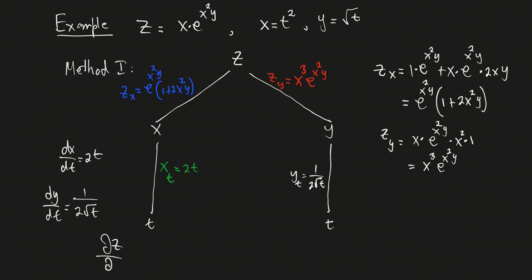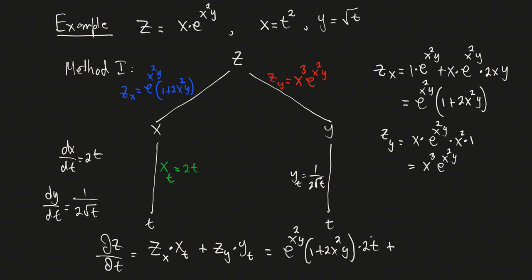So dz dt, formulaically, is going to be z sub x times x sub t plus z sub y times y sub t. So again, multiply the blue and the green, multiply the red and the white, and then add them together. So it looks like this. We have this expression here, which is e to the x squared y times the quantity 1 plus 2x squared y, and then times 2t,